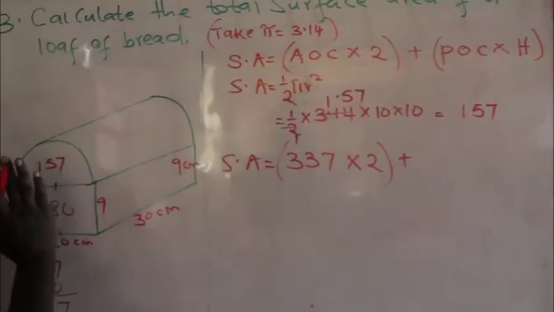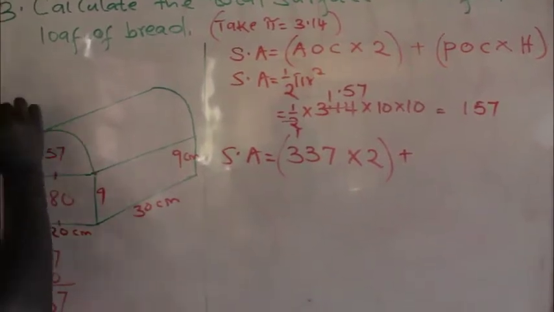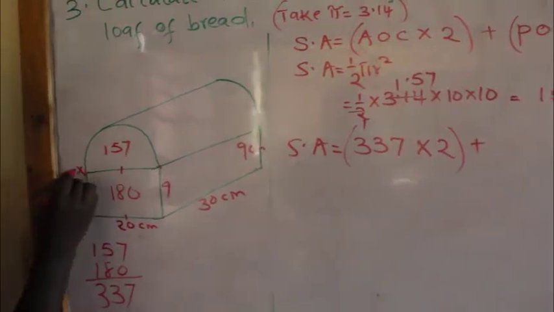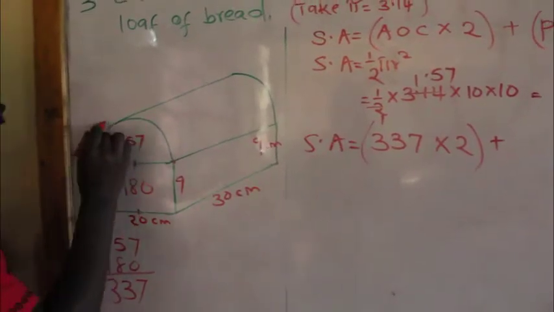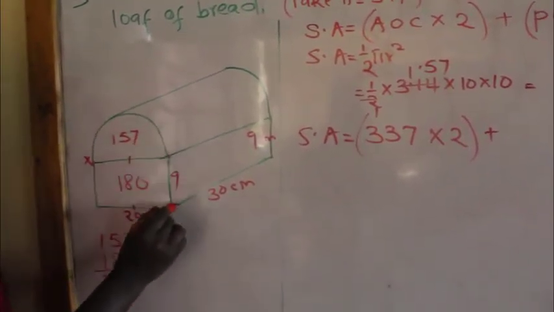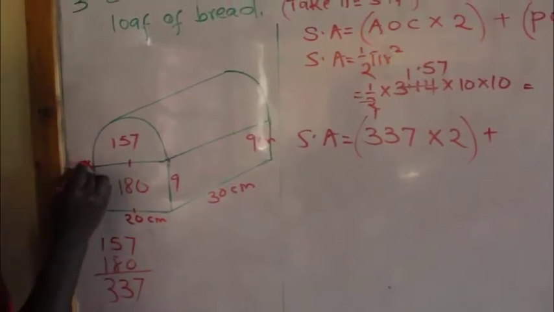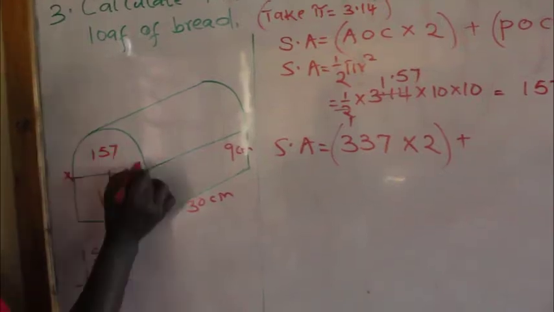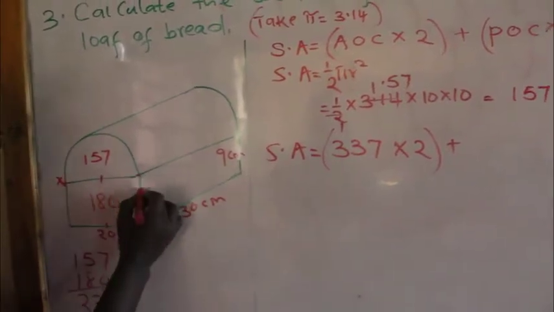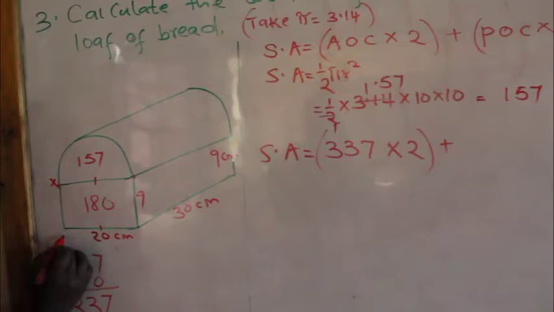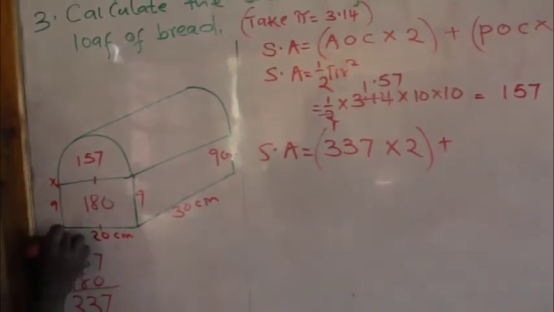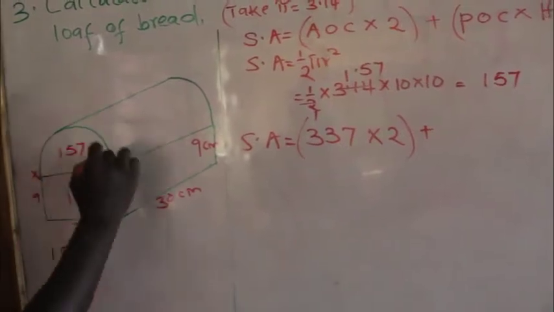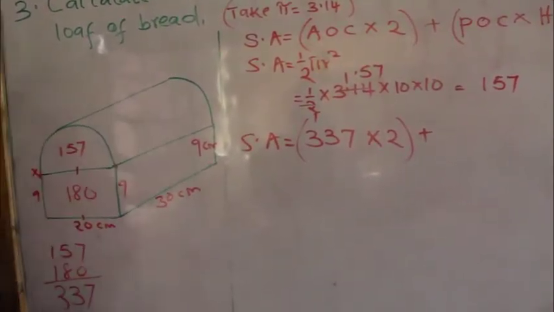I go back to my cross section again. Perimeter is the distance around a given figure. So assume this is my field. I'm running from this point. So I'll run that way, clockwise, like that, up to where I came from. So when I go around this particular part here, this is the circumference, which I don't have. But I have 9, I have 20, I have 9 because this side and this side are the same. So what I don't have is the circumference here so that I find the perimeter of this particular cross section.